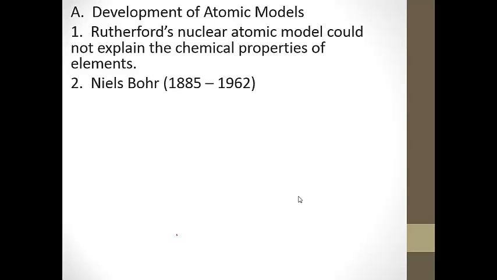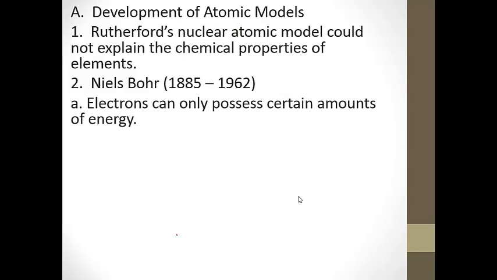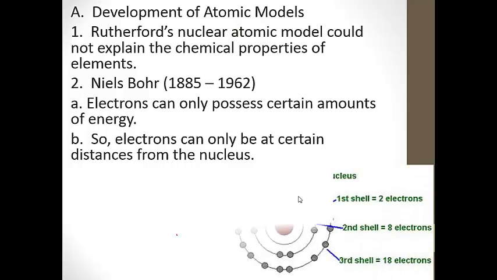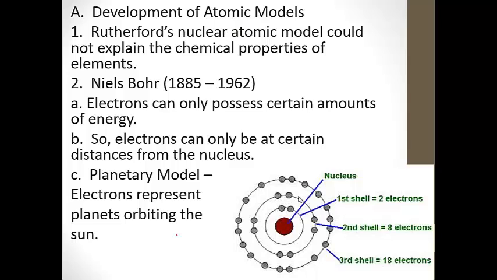It wasn't until Niels Bohr, who was mentioned in the web quest, that someone was able to do something with electrons. He said that electrons can only possess certain amounts of energy, and the energy that an electron possesses tells us where the electron is compared to the nucleus. The closer you are to the nucleus, the less energy you have, and the further away, the more energy you have. His is referred to as the planetary model because